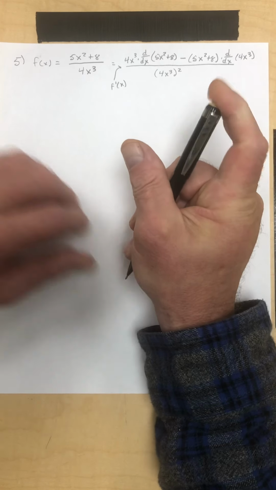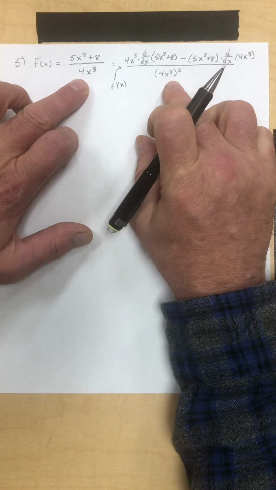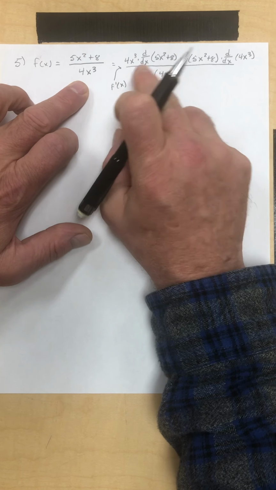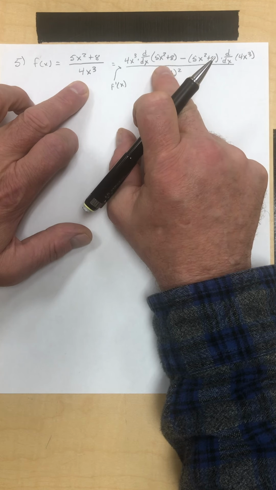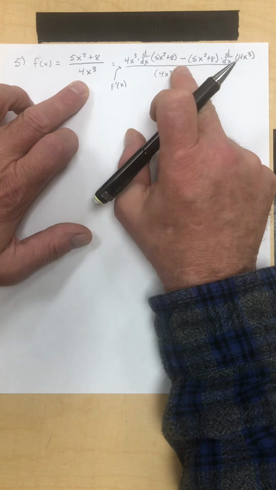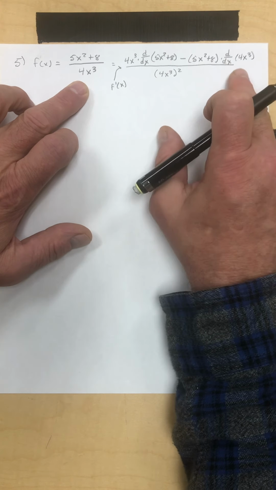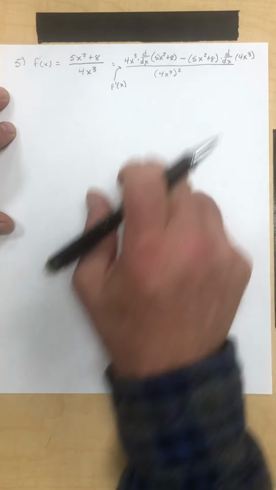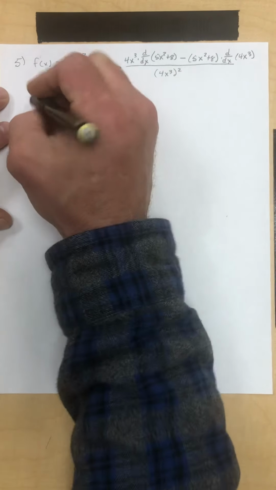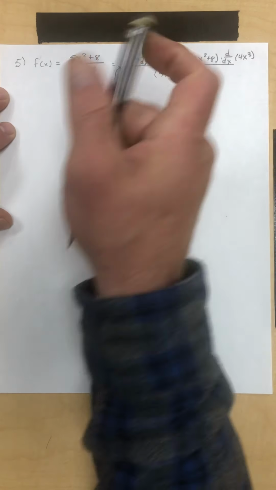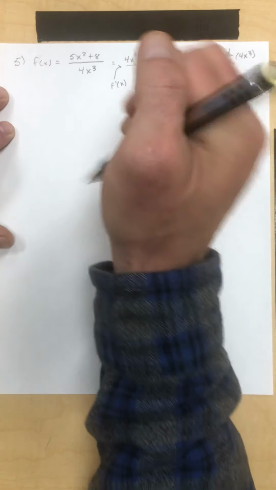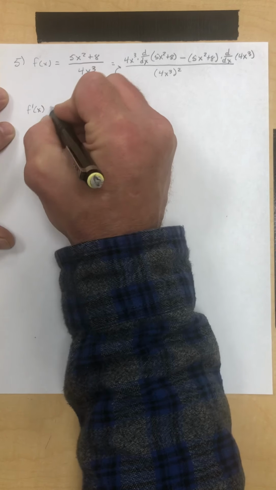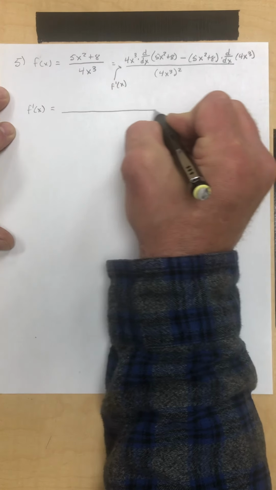So we have the denominator squared down below. Then I take the denominator times the derivative of the numerator, which is 5x squared plus 8, minus the numerator times the derivative of the denominator. And then I have to go ahead and use my algebra and get going on it. I'm calling it f prime of x rather than dy dx. It doesn't make any difference. So my f prime of x equals